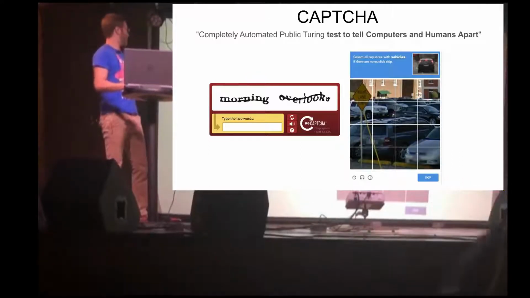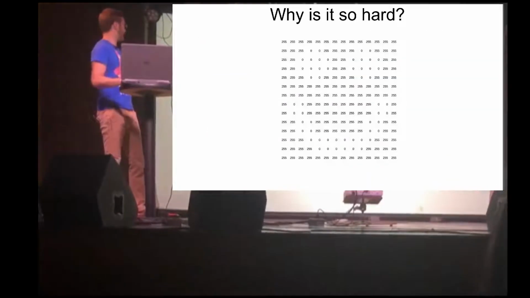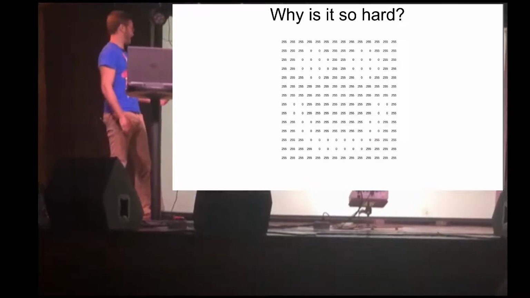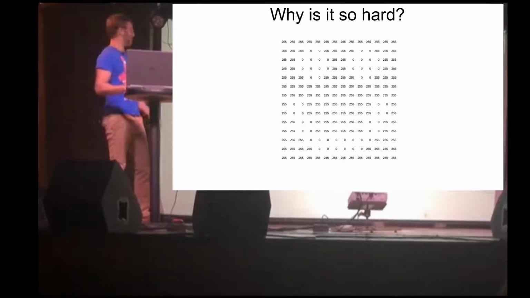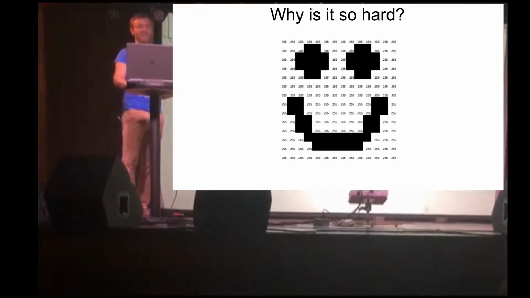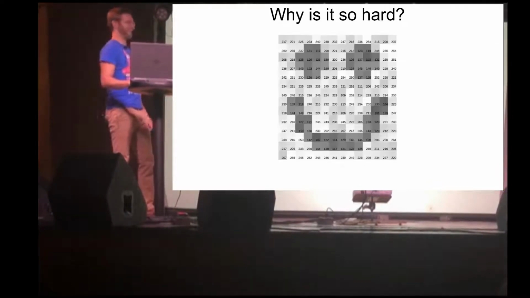And that's kind of hard to wrap your head around because vision is something that comes so naturally to humans. But to get in the head of a computer, you have to realize what they're looking at, which is kind of just like an Excel spreadsheet of numbers. And you might be able to recognize what this is, because it's just zeros and 255s. It's a nice little smiley face. But you also probably can't tell what this random grid of numbers is, even though it's the exact same smiley